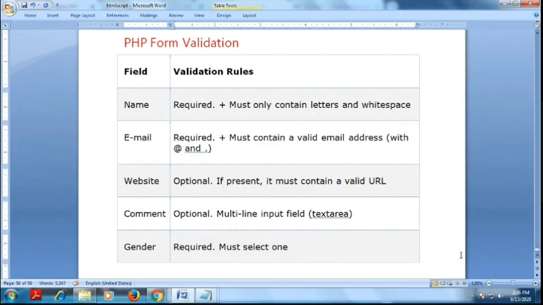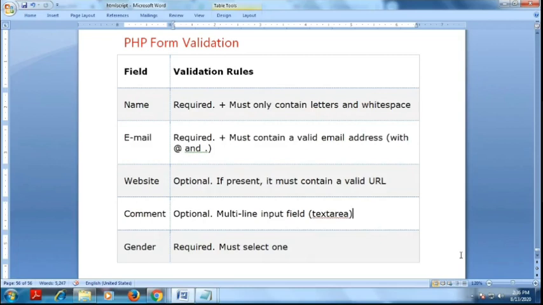Why do we need validation? We want to get some data from the users, but some users leave some data out. So we have to put this in. This is most important; you have marked it with a red symbol. This is the meaning of validation.